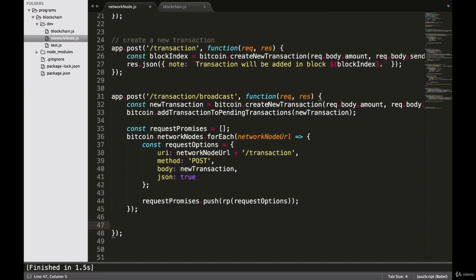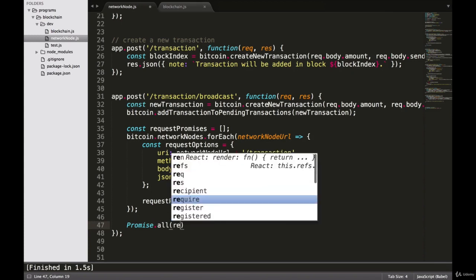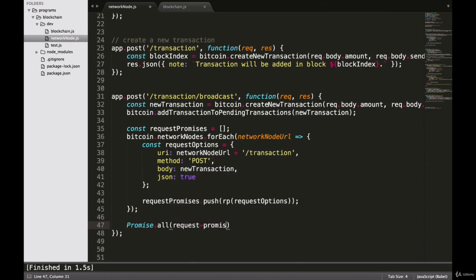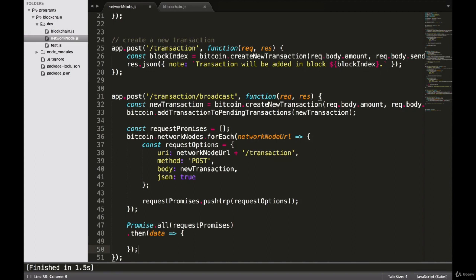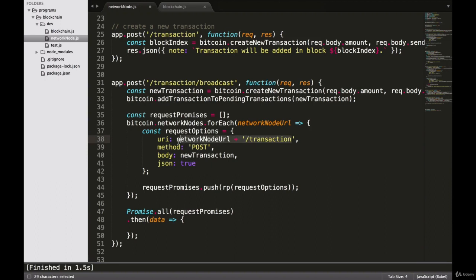So now we need to run all of those requests by saying Promise.all and passing in our requestPromises array. Cool. And then finally, after our requests have all ran, we will say .then and pass in a function that takes in the data that's returned. And we're actually not going to use this data that comes back from all of these requests,